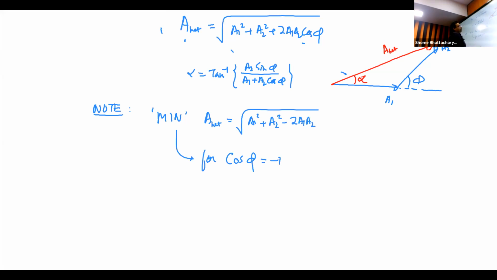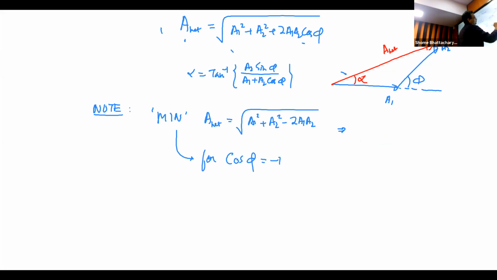Now there's one technical thing in this formula, that whenever we take square root of a whole square, it should come with mod, because this cannot be a negative quantity. So we should take care here that we write the net amplitude's minimum value, or you can just write it as the minimum possible amplitude.